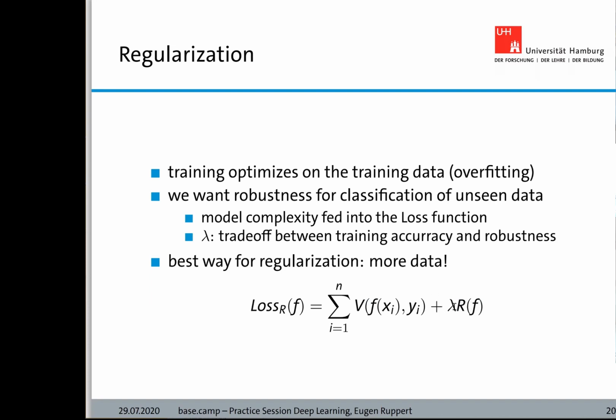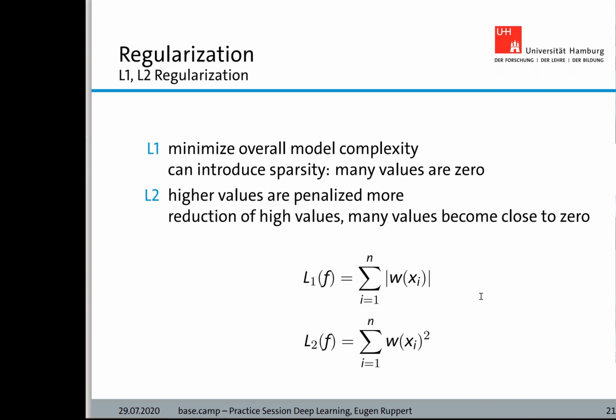And this lambda is the trade-off. So it's a factor to scale the regularization. How much do you want your model to perform well on the training data, or how simple or more general should your model be? For regularization, this would be the most common regularization options that you have,